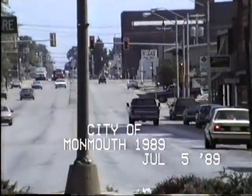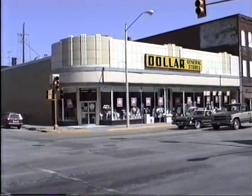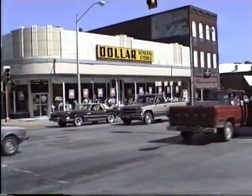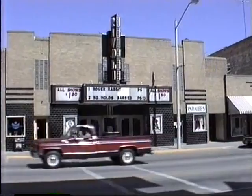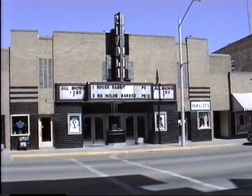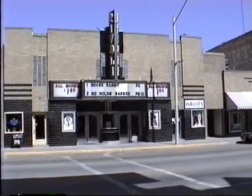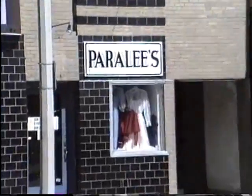Okay? Well, Pete, some of these places haven't changed much. The architecture hasn't, but you can see that this is now a dollar store as of the last year or so. Well, the Rivoli Theater has not changed a bit. This, you probably have some memories of. Our old neighbor Paralee, in business for so long in Monmouth, now is reduced to that little spot,